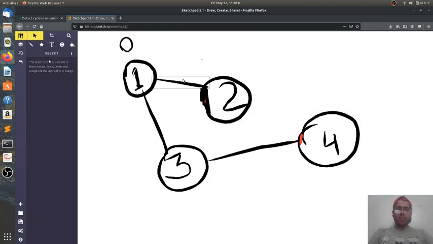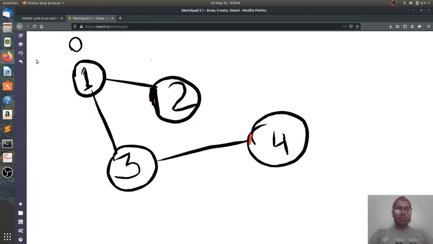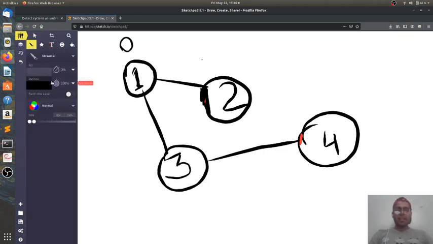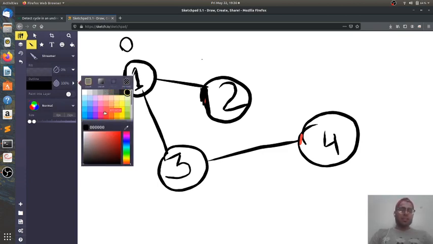So suppose this is our graph. We'll start from one node and keep visiting other nodes, keeping track of the thing that if a neighbor of a node which is being visited has already been visited, that means there's a cycle. But there's a catch to it. The neighbor can be its own parent. So except that case, if any other adjacent vertex has been visited, that means there's a cycle. I'll show you guys how.